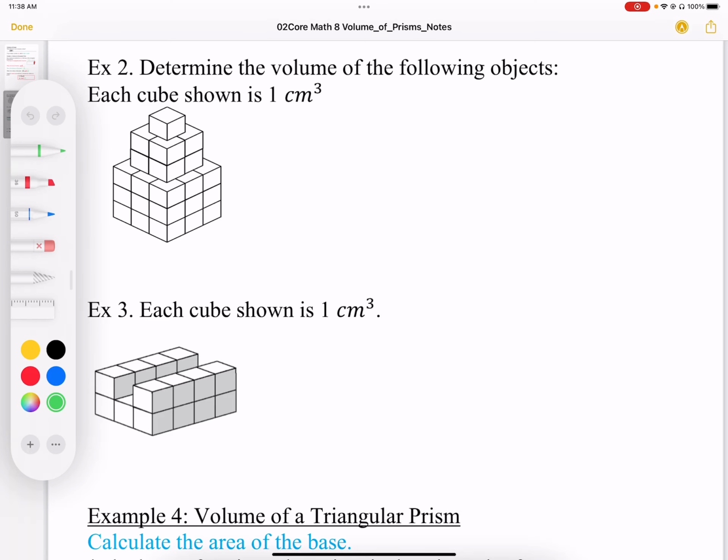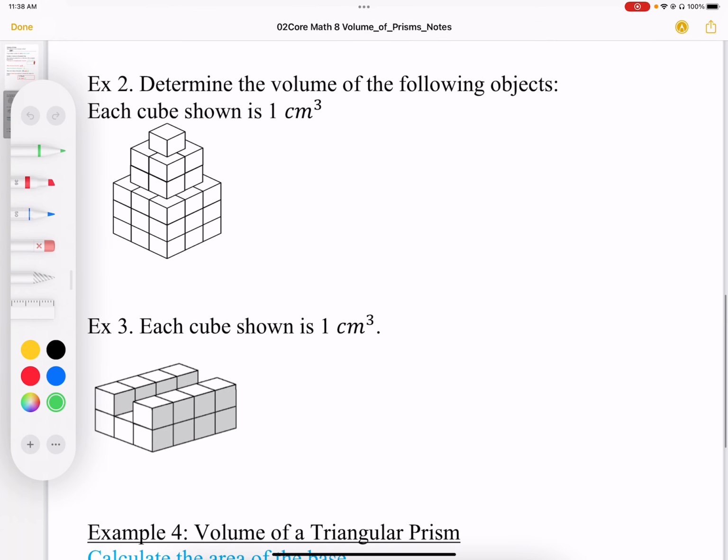To determine the volume of the object in example 2, we have a bunch of cubes stacked onto each other. So what we're going to do is calculate each cube and add up the total volume using each cube. Looking at the top cube, there's just one cube. And for the second layer, this cube in here is a 2 by 2 by 2